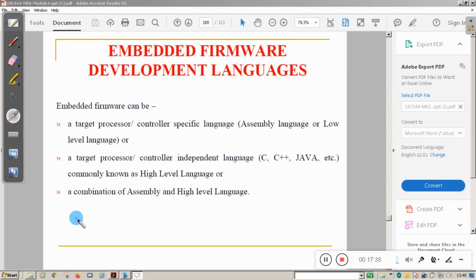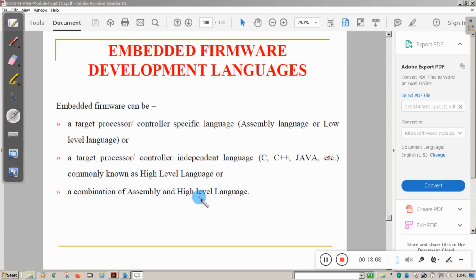The third approach is a combination of assembly language and high level language. We have discussed this in the second module while explaining different types of optimization techniques, where we have seen some programs in which we call a C program from an assembly language subroutine, or call an assembly language function from the C program.